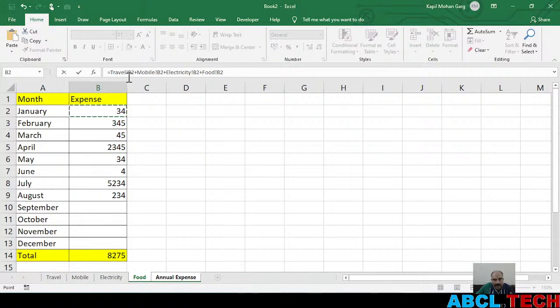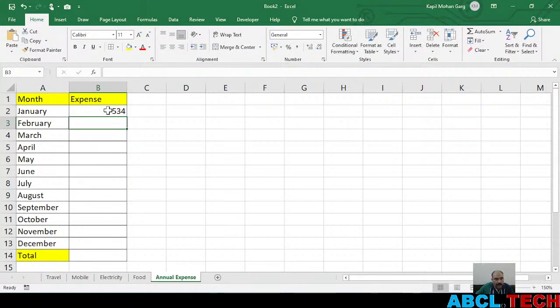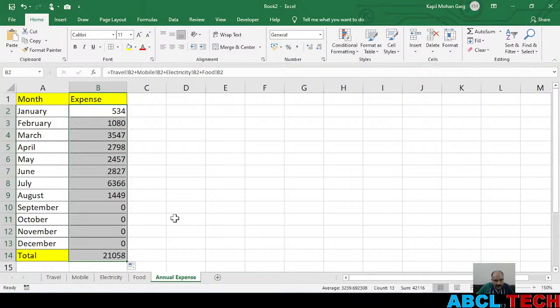After doing it, you have to put the plus sign only 3 times. Normally in confusion, after food also people put a plus sign, a fourth plus sign. No fourth plus sign, only 3 plus operators. And then press enter. Now you got the summation, drag it down to the last cell. And you are getting all the details there. Divisha, is it okay? Is it okay? So what I did here is,